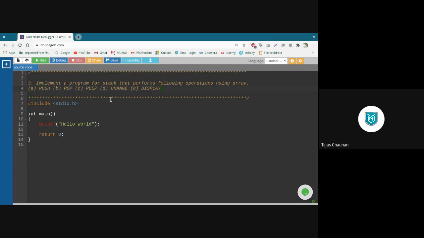So let's start. Last week, we were not having a lab. You were merged with B batch and you had gone for another subject. Before that, we had completed our second practical, which is dynamic memory allocation. Until that time, we had completed user-defined functions, call by value, call by reference.